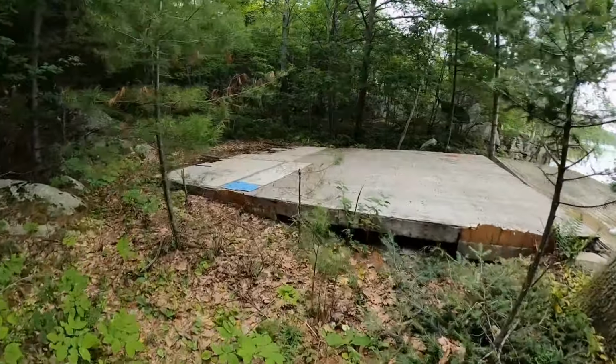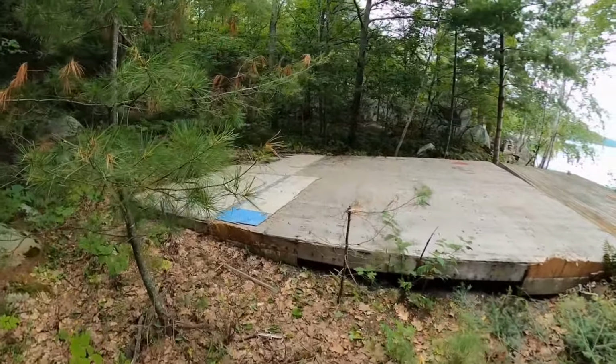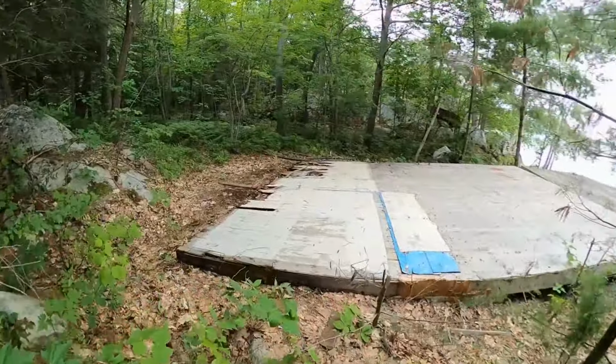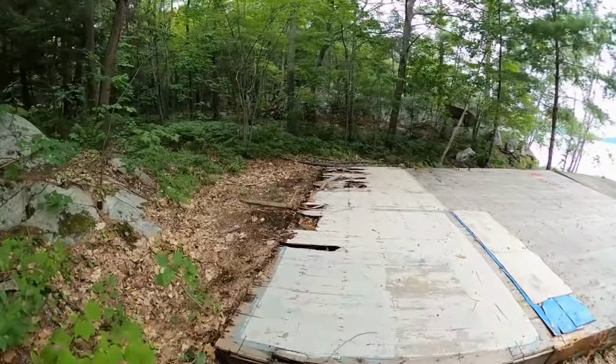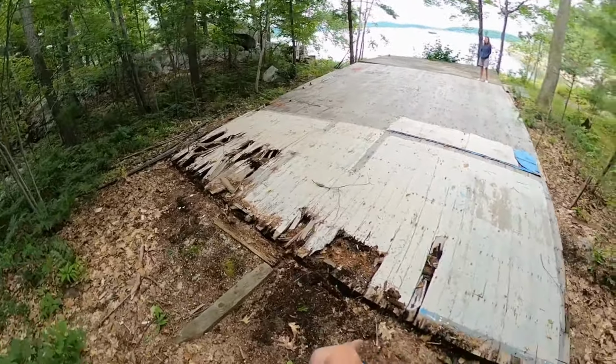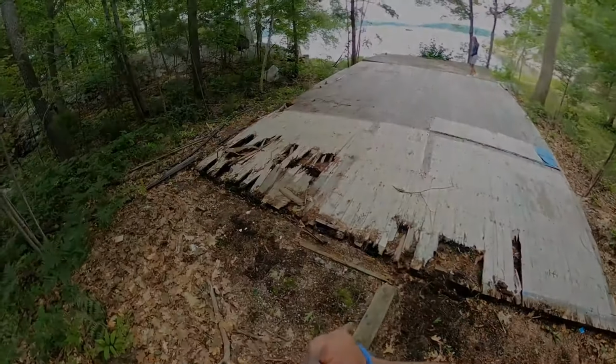It looks like they're taking out the broken parts and maybe rebuilding. Oh, you think they're going to rebuild it? Oh, this is all totally rotten back here. Well, if they have a structure and they have a